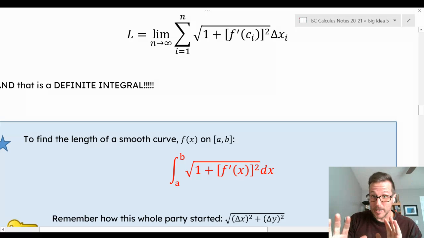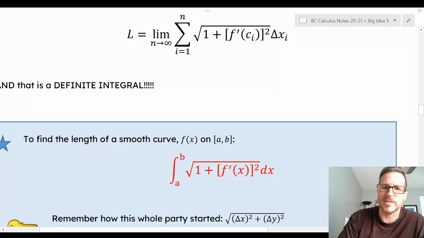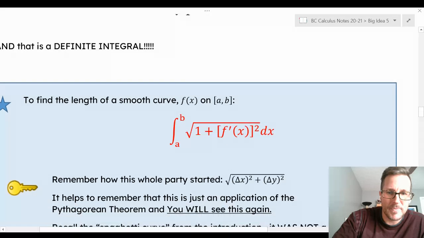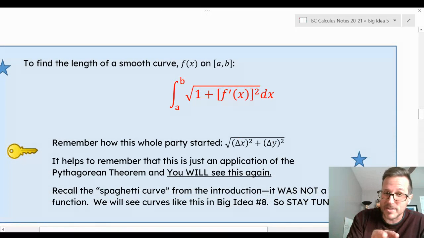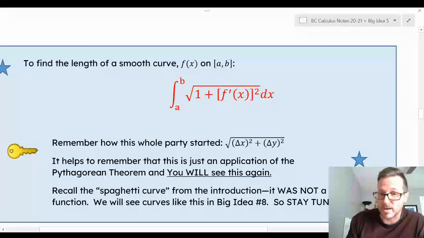It's got to be a smooth part. It's got to be smooth, so you could break up the curve if you had to. You won't see a lot of that, but just in case. Now, I want you, the key here is to remember where this whole party got started, and that was with